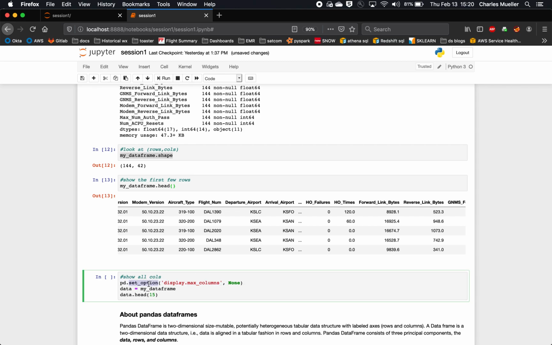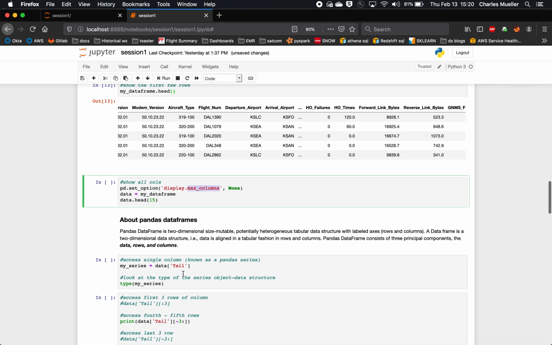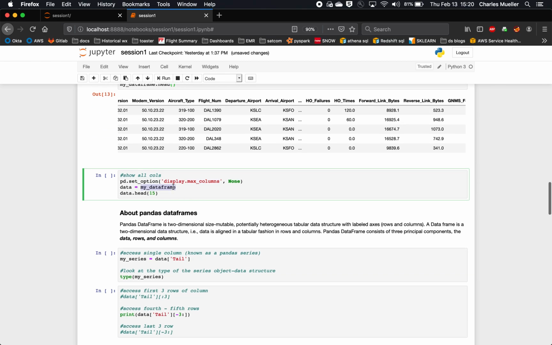We can call pandas.set_option max display columns. So it's going to display all the columns, and this time we're going to redefine our data set. We're going to say data equals my data frame. So this is just a second data frame now, just a copy of the first, and we're going to look at the first 15